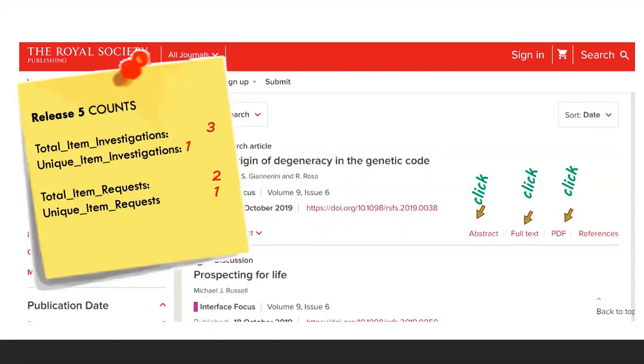In this case, the unique item investigation is the article in itself. The total item requests, if somebody looked at the HTML and looked at the PDF, would be both of those. But again, overall, the unique item request is just this one single article within the journal platform.